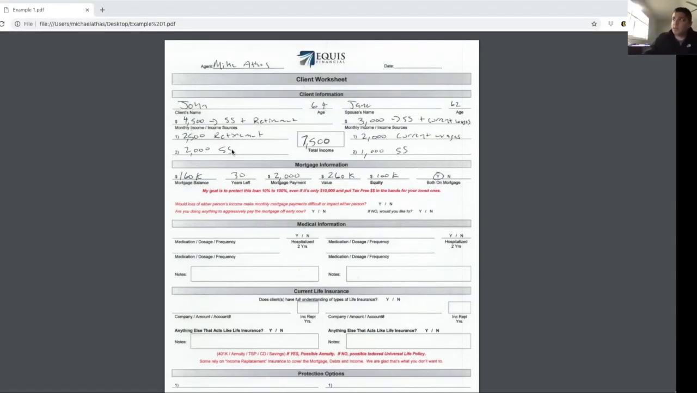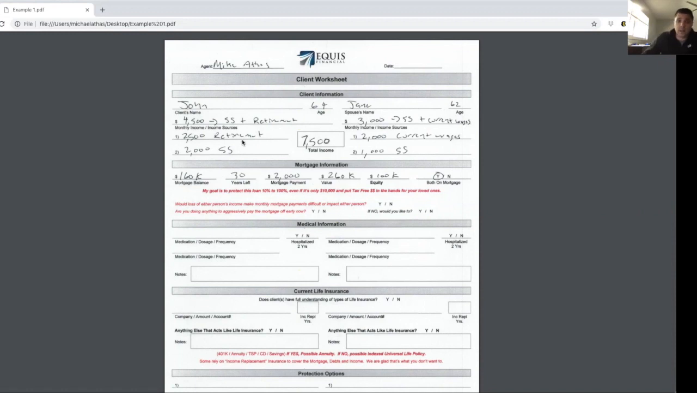All right, so I'm going to use the Equus Financial Client Worksheet here. I'm just going to go through the first couple steps on this client worksheet with the client information and the mortgage information. I'm going to show you all a hypothetical situation. I use this client worksheet when I'm meeting with clients to determine their need and basically go through a needs